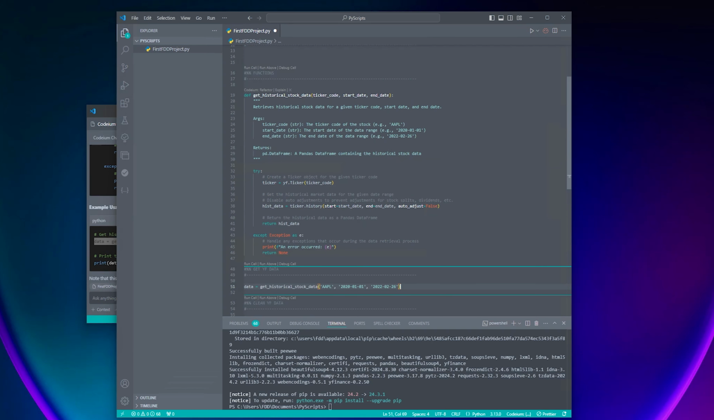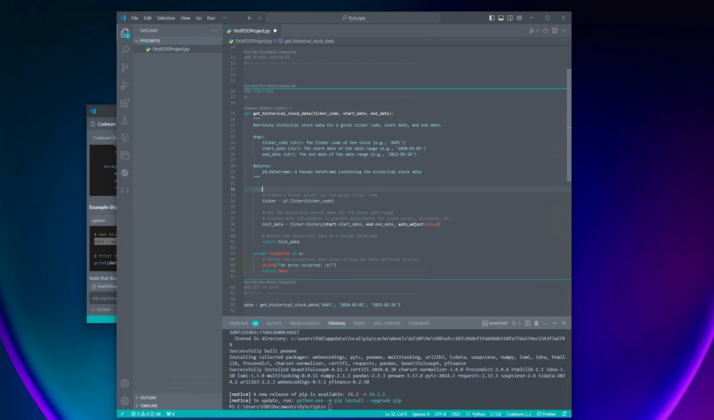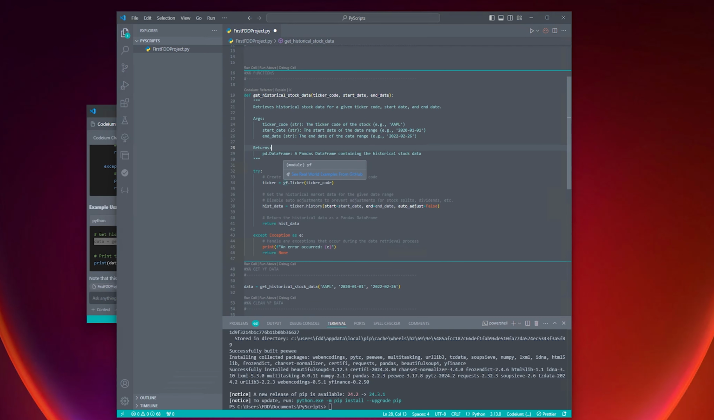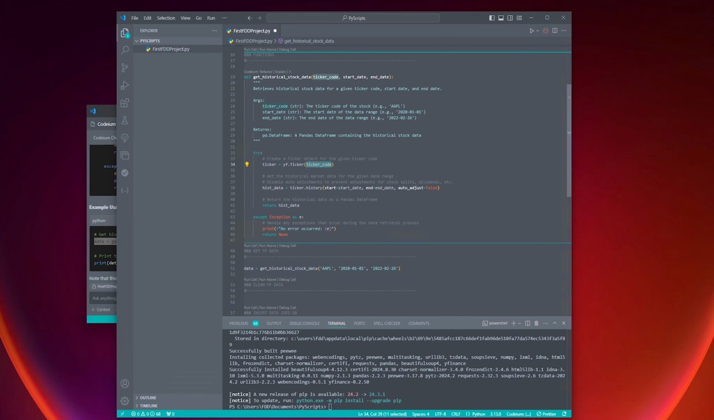Now, I'll give a quick explanation of what it's trying to do here. This is the function. It's expecting a ticker code, a start date, and an end date to be sent to it. So this is the explanation. And it's going to return back a data frame with the information that it's gathered. It's calling the package and we input it to Yahoo Finance. It's setting the ticker to be that ticker code that we're going to pass to it. And then it's going to execute its own function to call the history, whereby the start date for that ticker